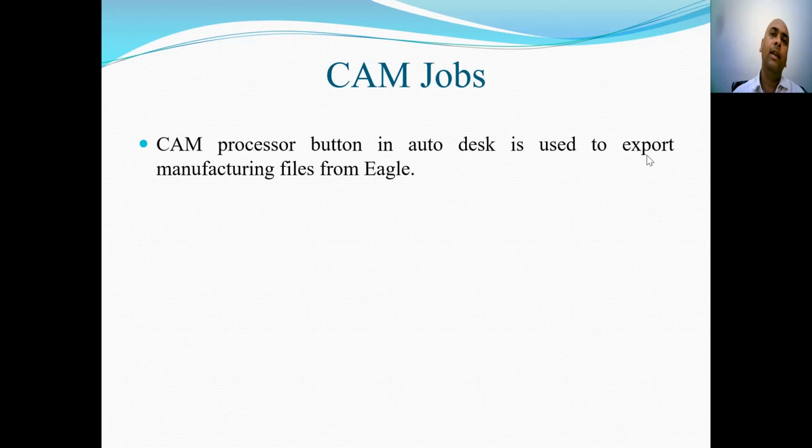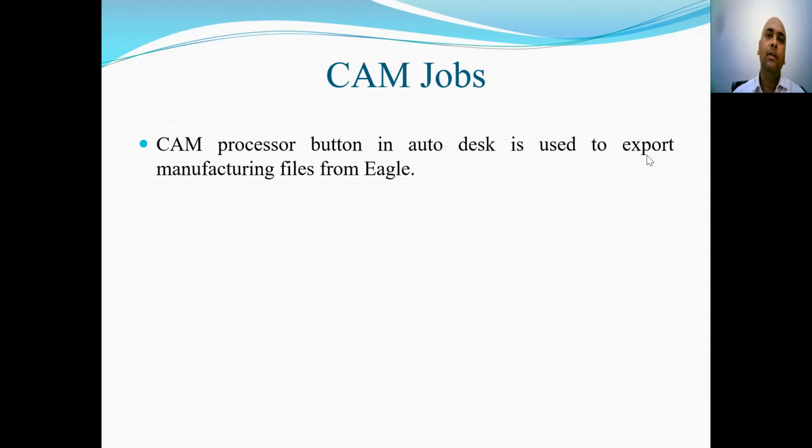The next folder is CAM job. CAM basically stands for computer aided manufacturing, and CAM requires specialized manufacturing files for the production of a PCB. The CAM processor button in Autodesk Eagle is used to export manufacturing files from Eagle.